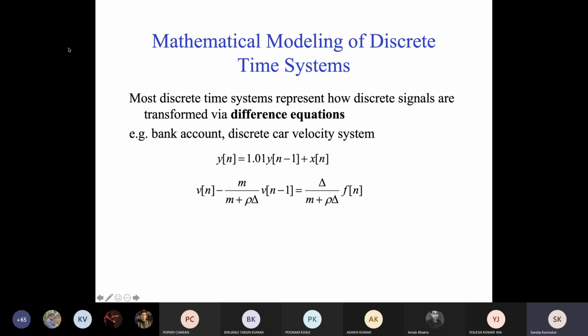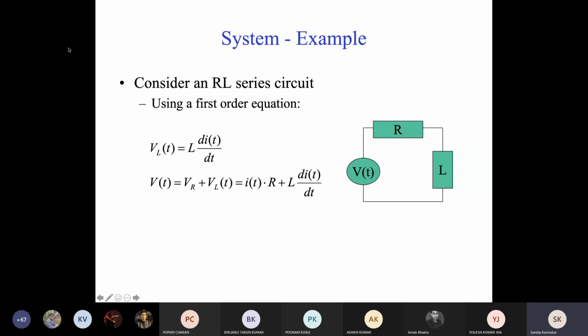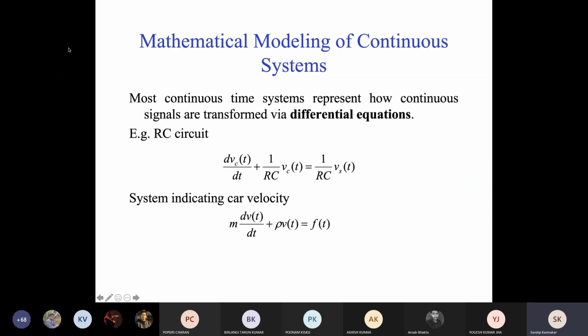Mathematical modeling of discrete time systems. So you can see that basically a continuous time system can be modeled by linear differential equations. Sometimes it can be nonlinear also, or it can be partial differential equations also. But generally it is a linear differential equation. Linear differential equations are used. For example, in the RL circuit, you can see that the equation is iR plus L di/dt. In the RC circuit, it is dv/dt plus 1/RC v(t) is equal to 1/RC